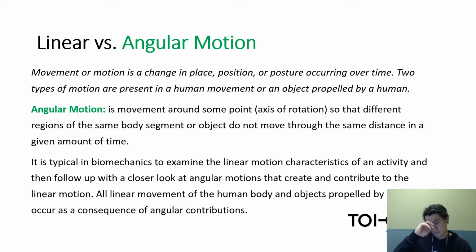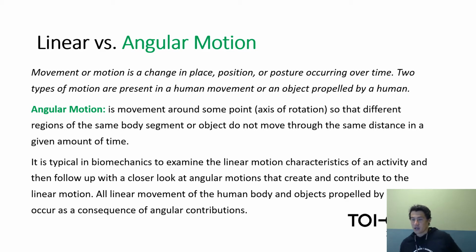So like if you were to do a pirouette, so to spin around with your arms out to the side, your hands move in a different amount of distance compared to the medial aspect of your body, but it's all done in the same amount of time. So if you think about speed or velocity, your hand is actually moving much quicker than